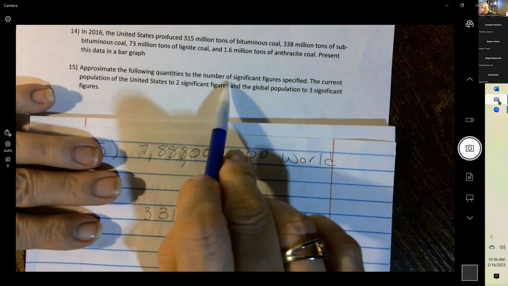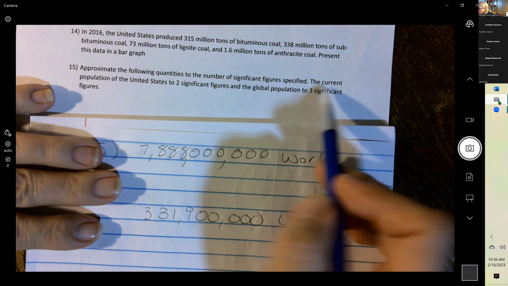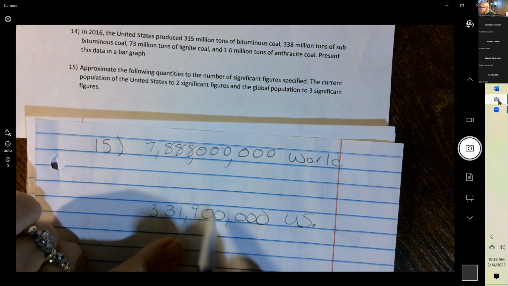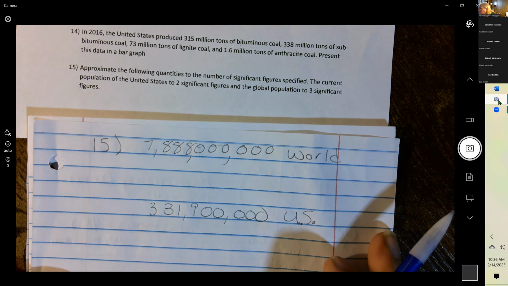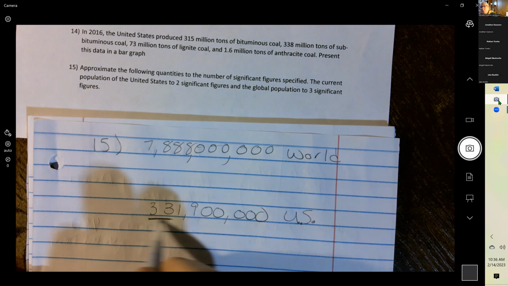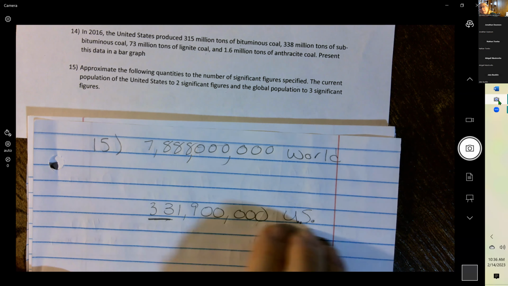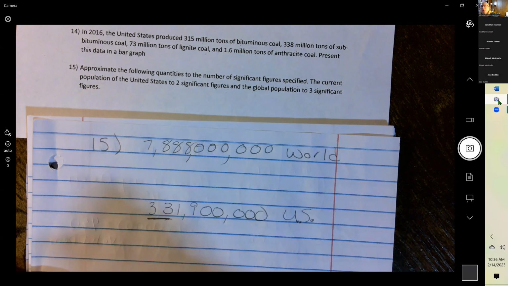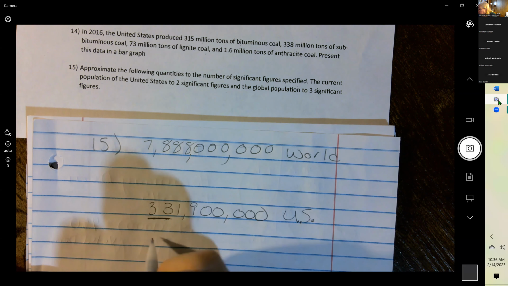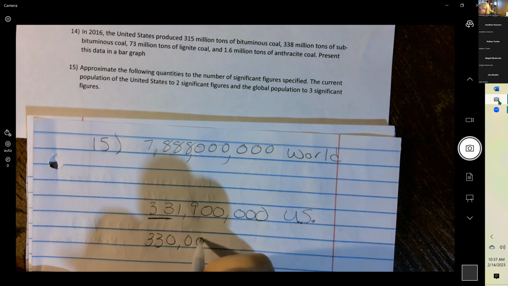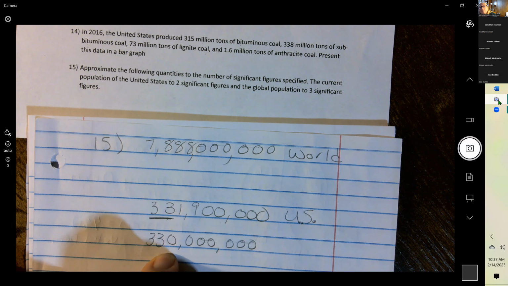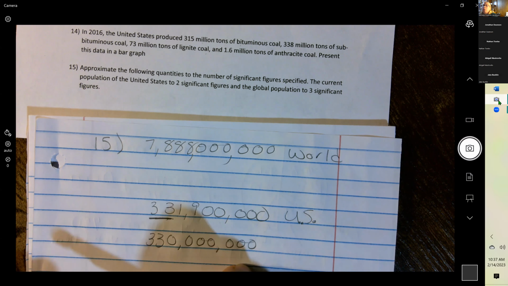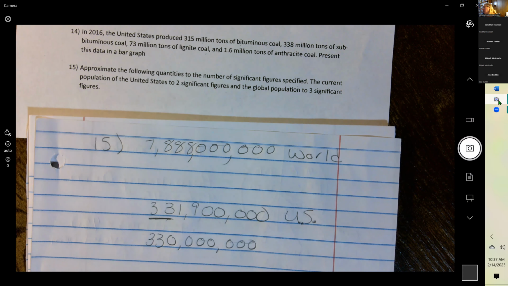Approximate the quantities to the number of significant figures specified. The current population of the United States is this one, and we want to go 2 significant figures. Well, if we only want 2 significant figures, that would be these 2, because remember, zeros at the end, unless there's a decimal there, are not significant figures. And this one would leave that a 3. So 330 million